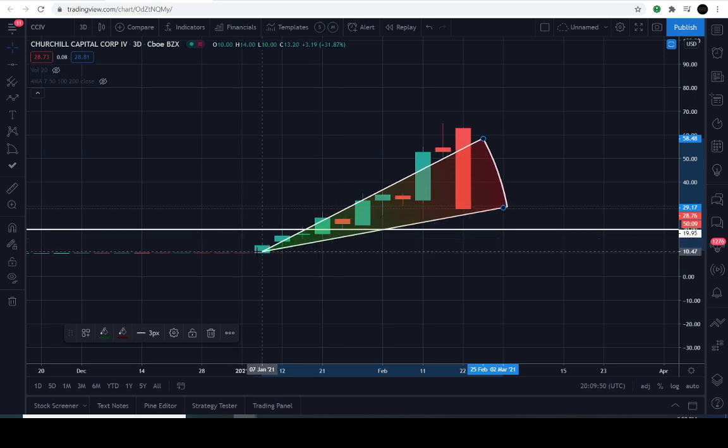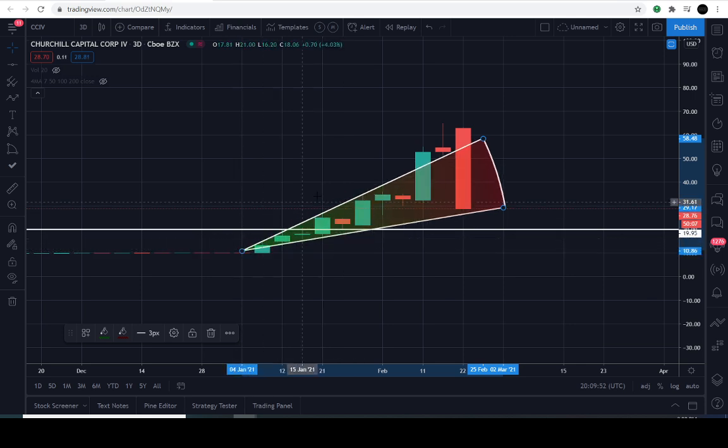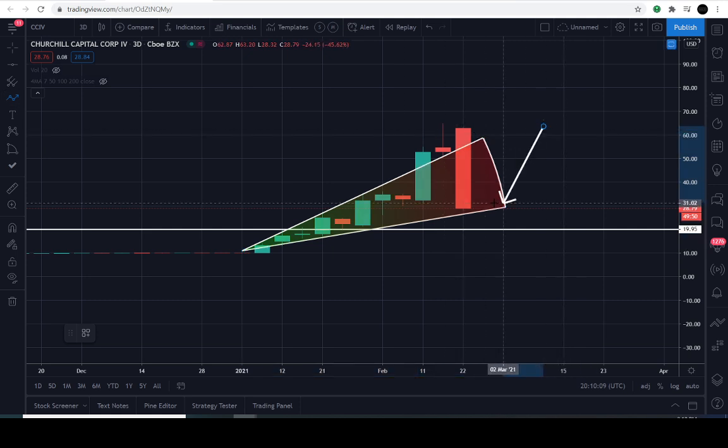But if it cannot get back above that level in the next 3 to 5 market days, let's give it 2 3-day candles. So what is that, like 6 market days? Let me just push this on over. So something like March the 2nd. Let's just call it March the 2nd, whether that's 3 or 6 market days or not. Okay, March the 2nd, it needs to be back above $34, $35, and it really needs to fight and get